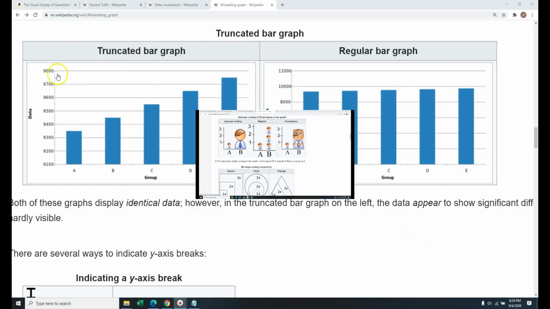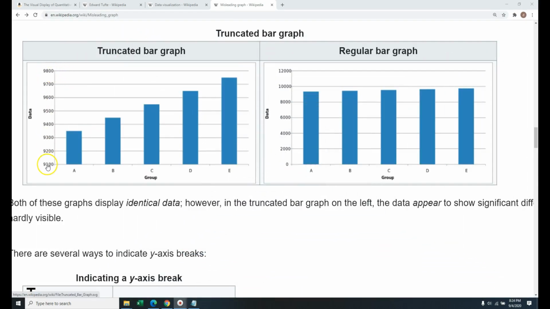In the next example, we look at the y-axis. And you see how it starts from 0 on the right? And all these bars, they look pretty similar. They're very close. But on the left side, it looks like E is twice or more than A. And that's because the scale on the left is incorrect. So you have to pay attention to that. You do not want to misrepresent the data.